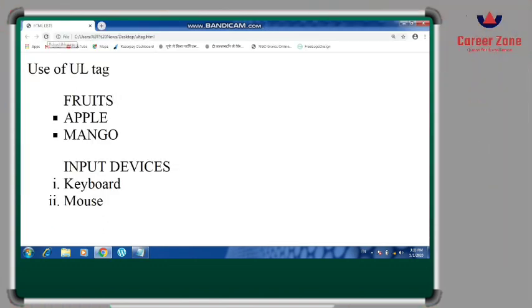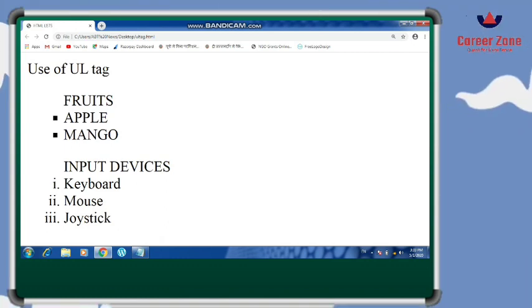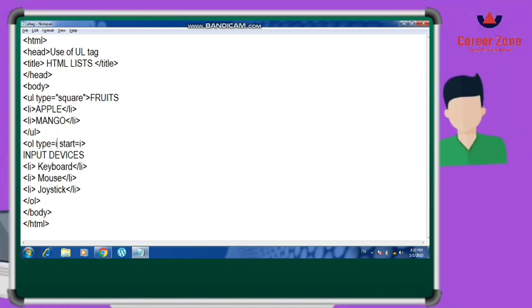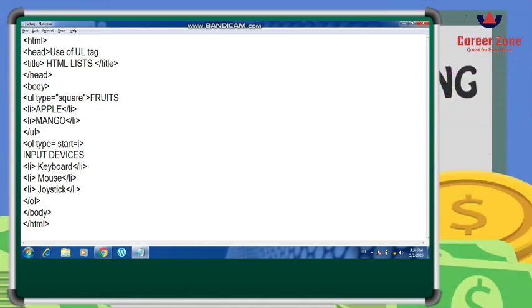So now we have seen how to create the UL and OL tag. One more attribute of type was there. What was that? Bulleted list? No, alphabetical list. So we will write here A, and let us see.